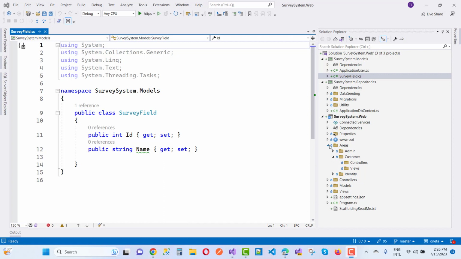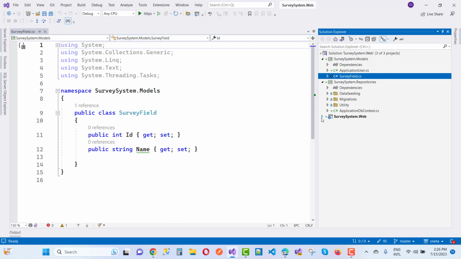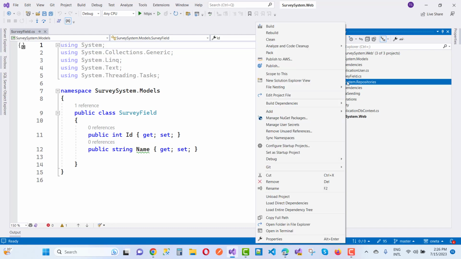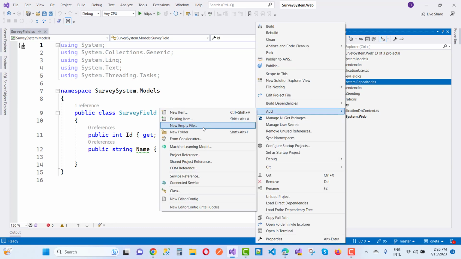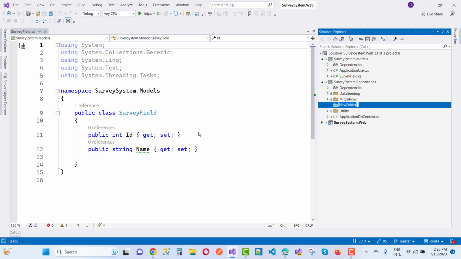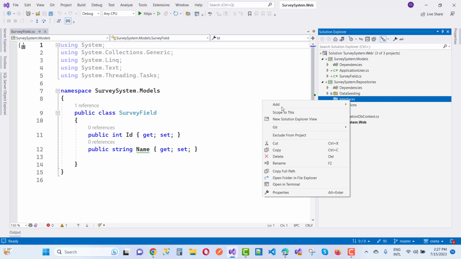And in this video I'm going to perform CRUD operations on the survey field. So here we have a repositories project, and I'm going to add the survey field CRUD operation. In this video I'm going to add some repositories related to the survey field. So add a new folder, and here we have some interfaces, and the names of the interfaces are, just add